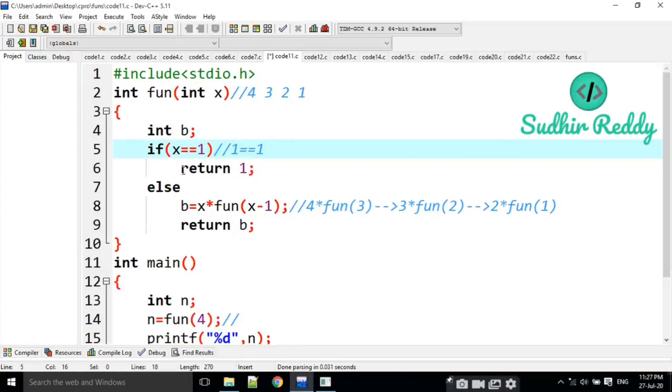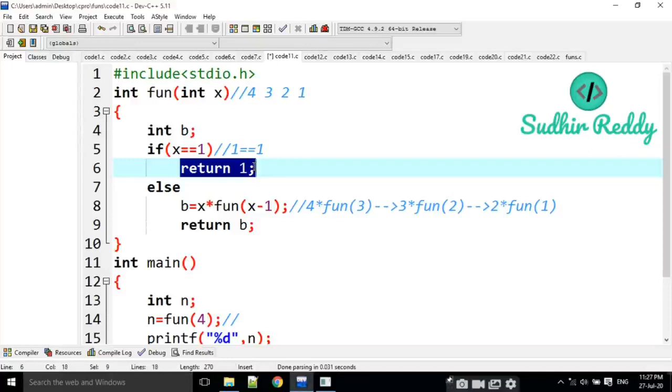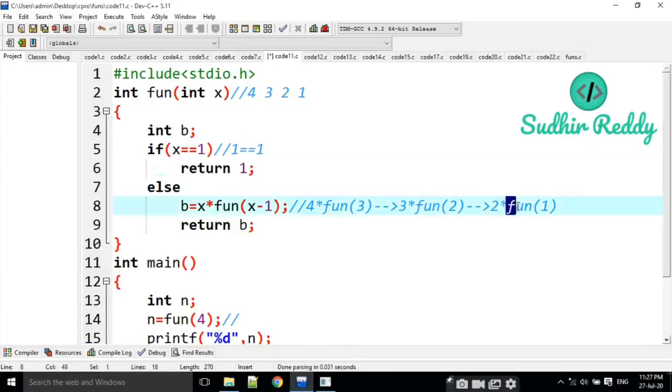Yes. Then it is going to return 1. That means fun of 1 is equal to 1. Then 2 into 1 is 2, and that is going to be replaced in this position. Fun of 3 is going to be replaced with this one.